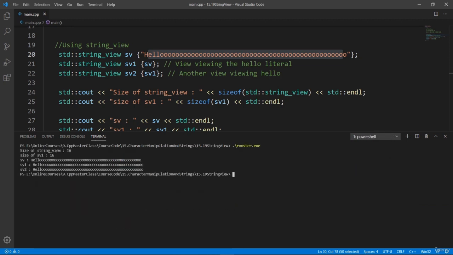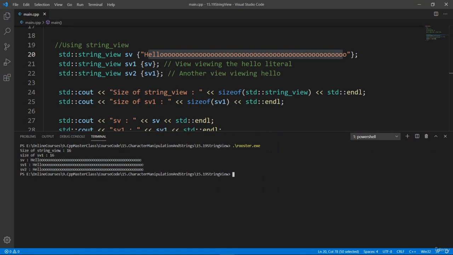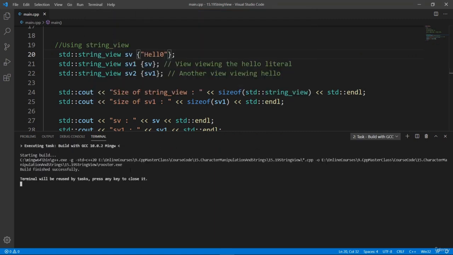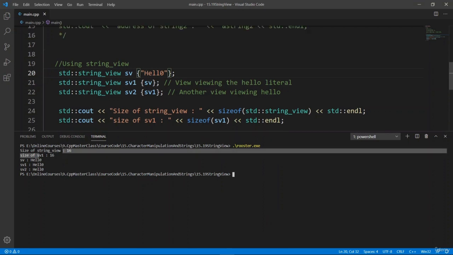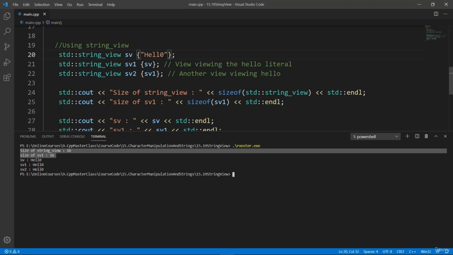We can clear and run rooster. And you're going to see that SV, SV1, SV2 are going to contain the same text. And the size of a string view is 16 bytes in memory. Let's try and shrink this down and see that the size changes. Let's say hello here. And we're going to build with GCC. And if we clear and run rooster, you see that the size of the string view doesn't change. And this is really cool. This is a tiny object. 16 bytes is really nothing in memory compared to the fact that we can use this to view a string